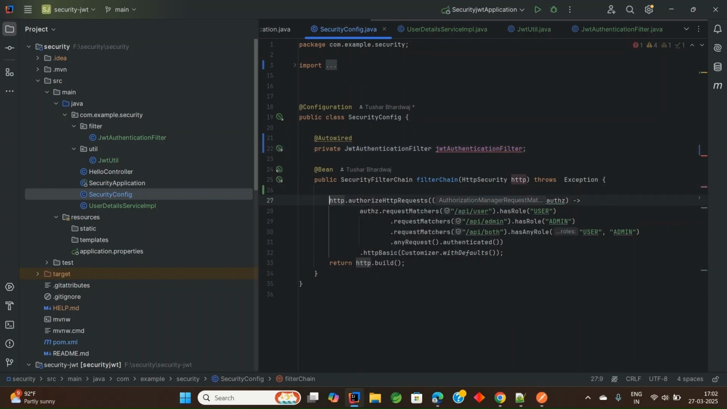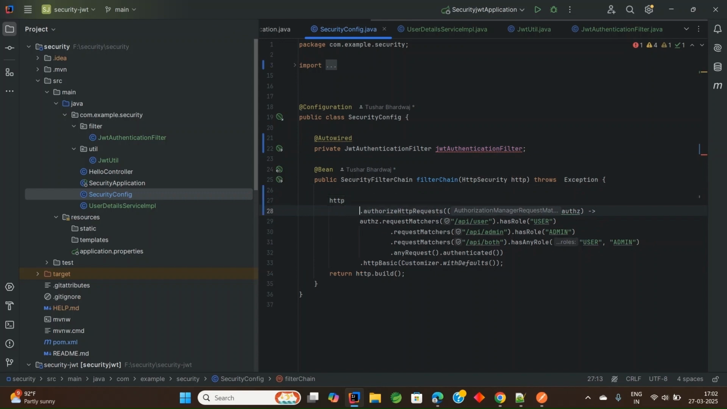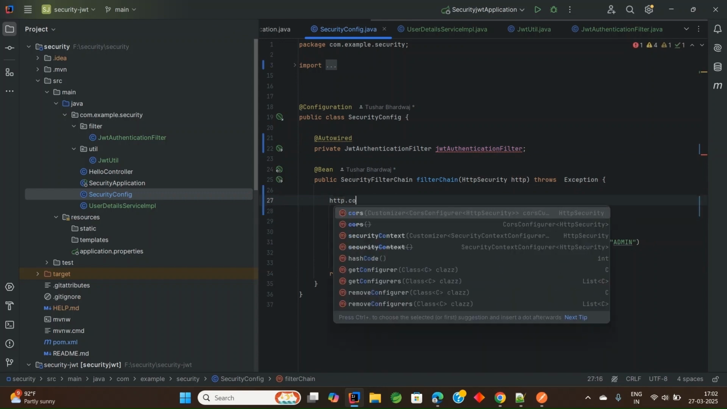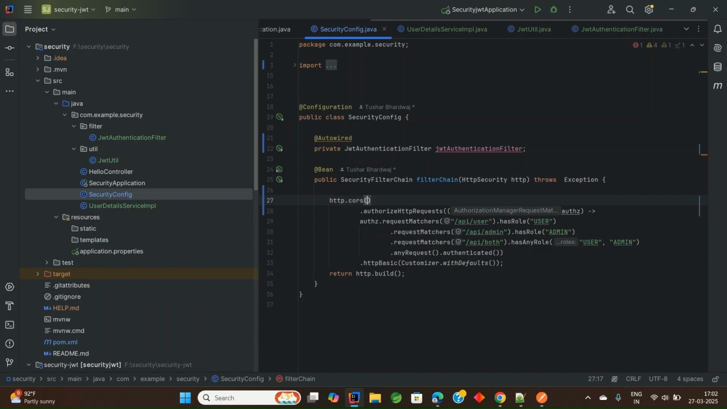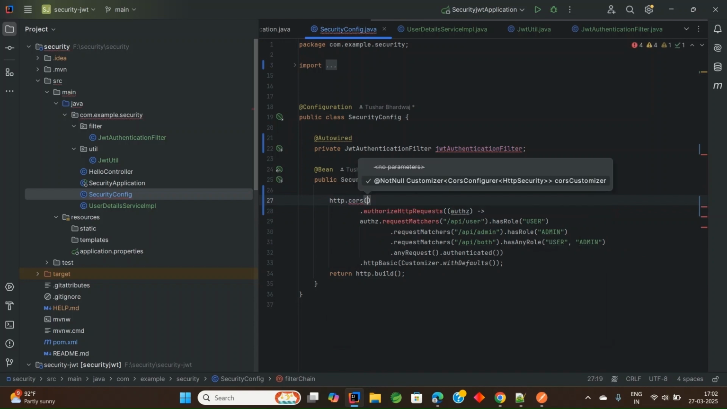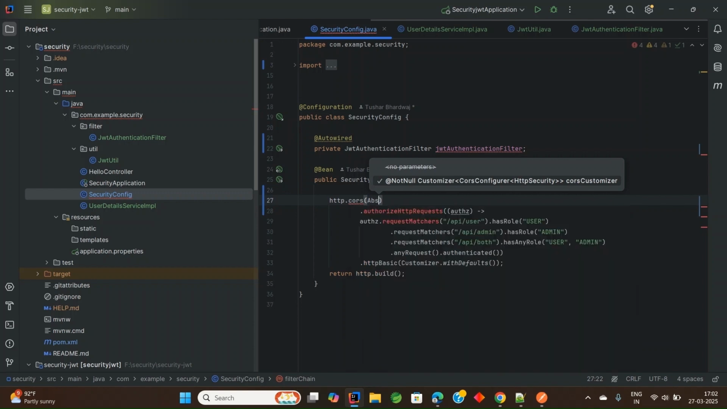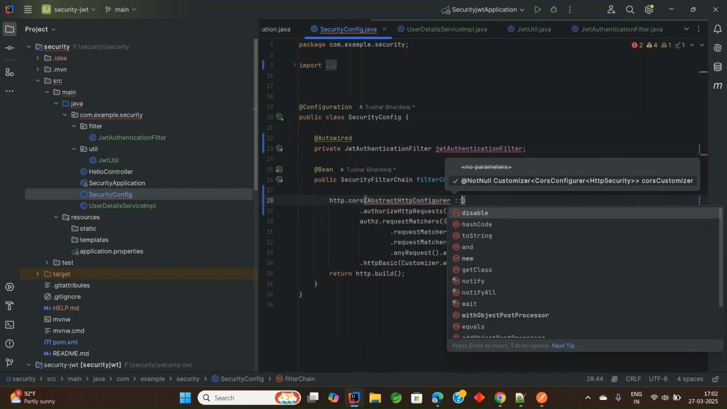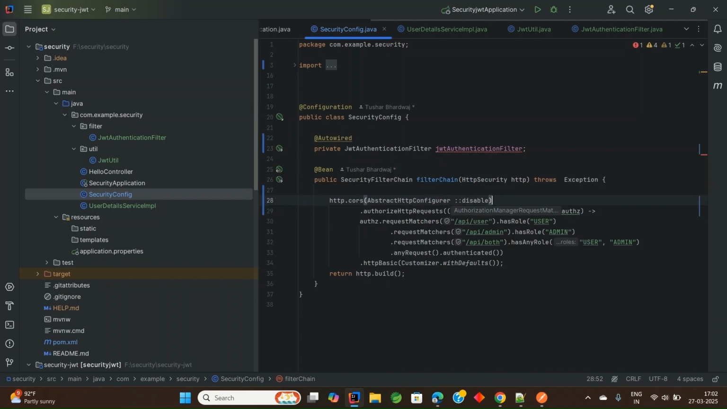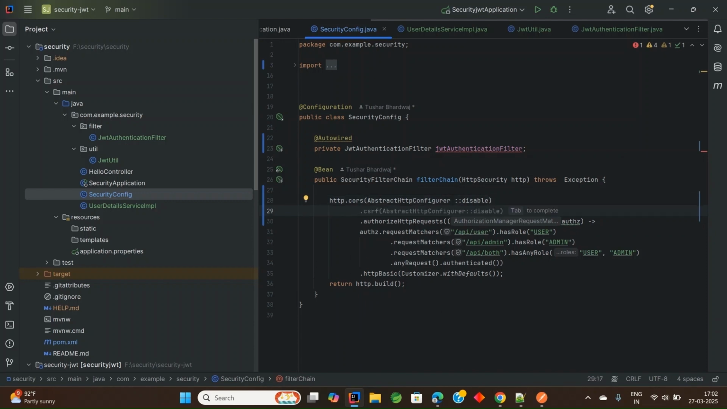Then there is http dot cors. It's for front end, so we don't need front end, that's why we have to disable it. Dot csrf, we have to disable it. Anything we are missing here,